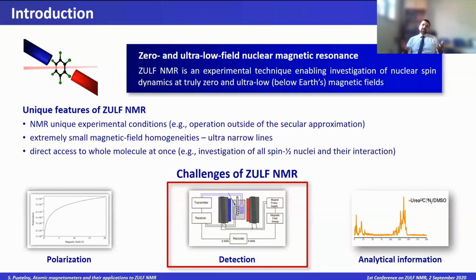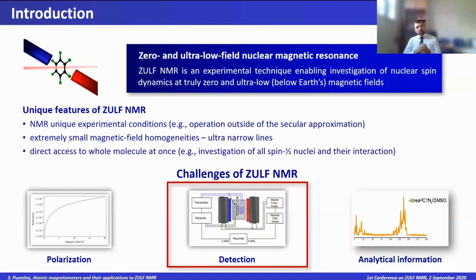And we've learned that at zero field there is no chemical shift, so you cannot explore chemical shift. But on the other hand, what you can do, you can explore this intramolecular interaction. So in particular, J coupling, so the interaction between two nuclei that is mediated by the electrons of the shared electronic cloud.